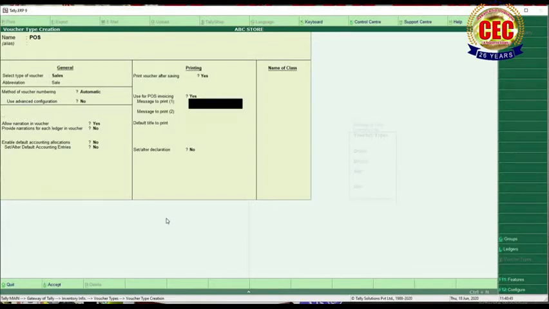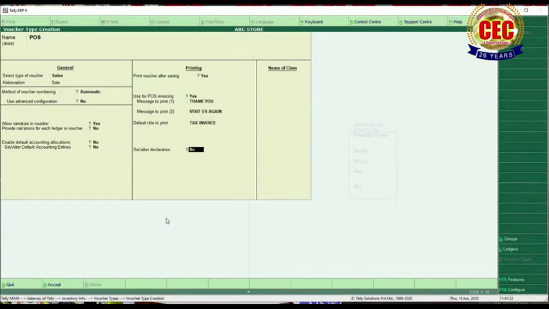So here you have to give a message and it will display at the end of the receipt. And default title to print, tax bill or tax receipt, whatever it may be. Set alter declaration, it should be yes.